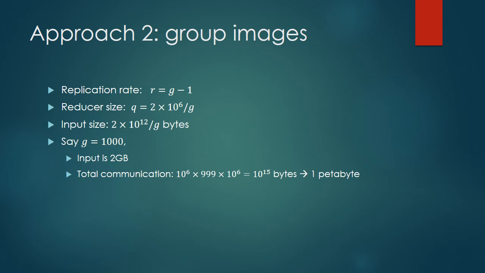In general, you're going to notice for a lot of cases that R and Q are going to be inversely proportional to each other. The trade-off between different algorithms is going to be to balance these out so that you get the right performance. Input size now is 2 times 10 to the power 12 by G bytes. Say if we choose G equal to 1000, which means there are 1000 images in each group, then the input is going to be 2 GB per reducer, and the total communication has dropped to 1 petabyte, which is still a lot, but at least we've been able to scale it down. Okay, so